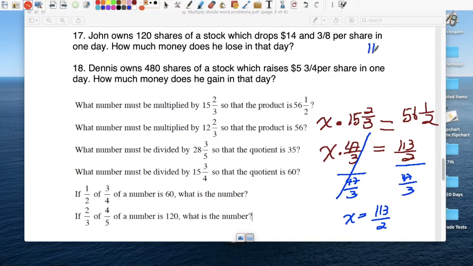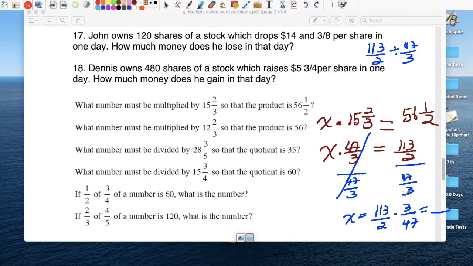So let me write it on top here. 113 over 2 divided by 47 over 3. We change that to a multiplication problem. We do it by the reciprocal, which is 3 over 47. And there's nothing to simplify here. So the final answer is going to be